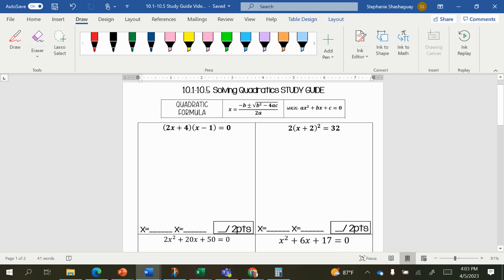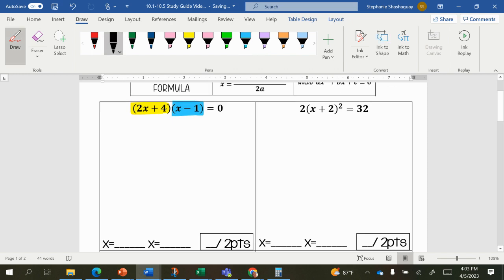So the first thing we're going to do is look at this first question. And this is 2x plus 4 multiplied by x minus 1 is equal to 0. So what we need to do here is use our zero product property. Okay, and what the zero product property states is that if I have two factors, one of those factors must